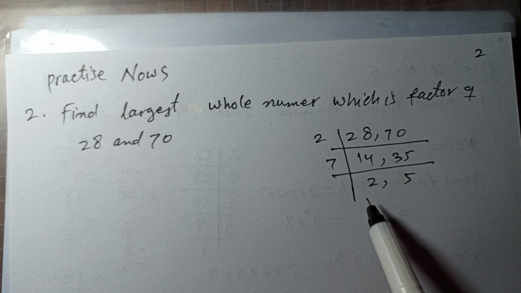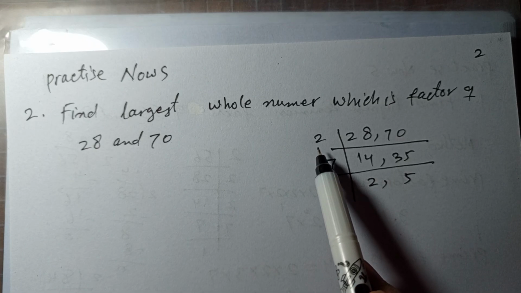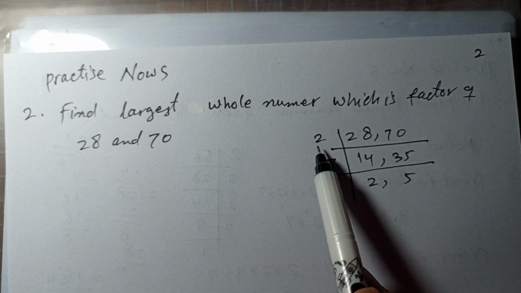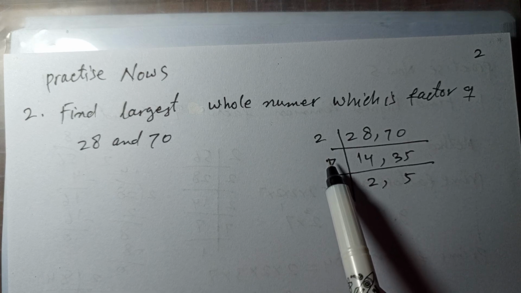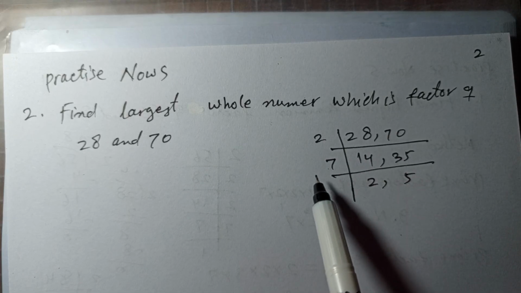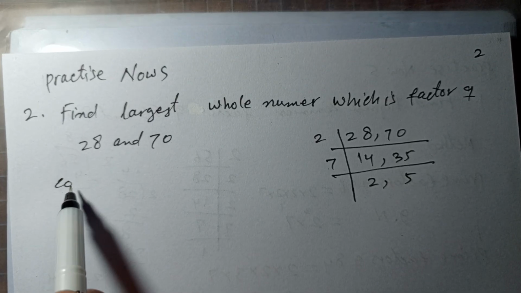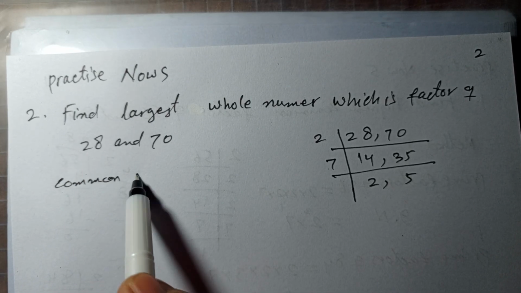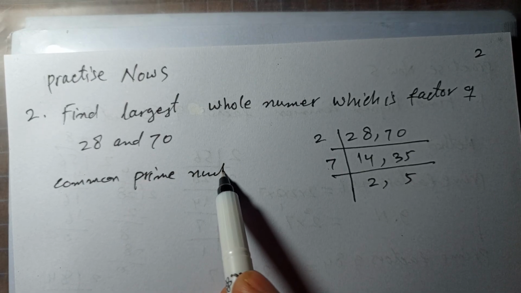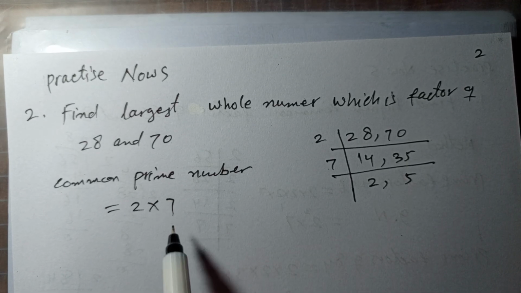Now there is no single prime number that can divide both, so our common prime numbers are 2 and 7, which can divide both 28 and 70. So these numbers will give us our factor that can divide both 28 and 70. So you will write here common prime numbers, which are 2 and 7,